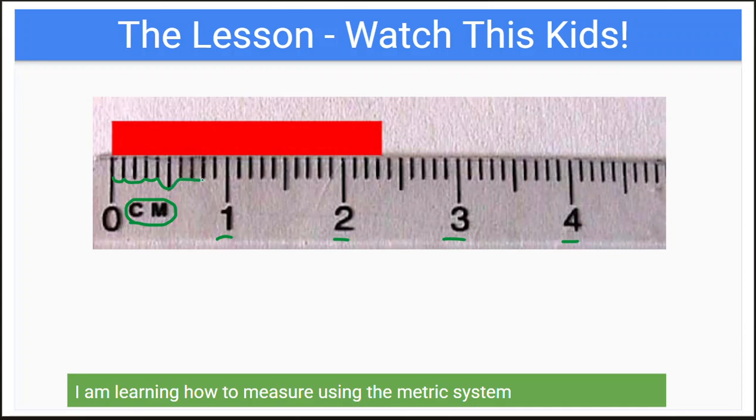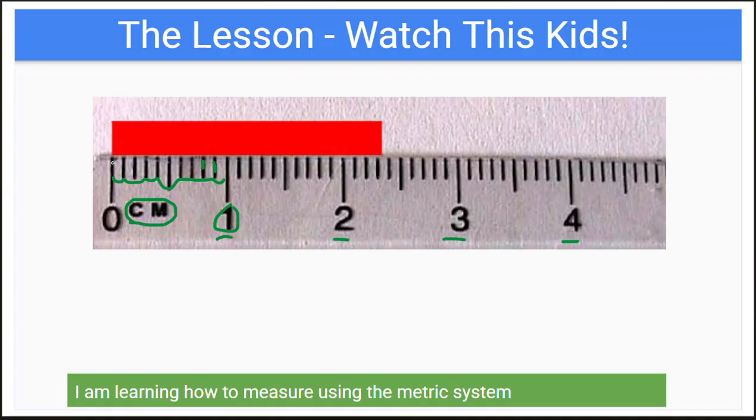6, 7, 8, 9, and 10 millimeters. Each one of these little lines is a millimeter. So we've got 10 millimeters makes up 1 centimeter. Now, if we were measuring this red bar right here, we could either measure it in millimeters or centimeters